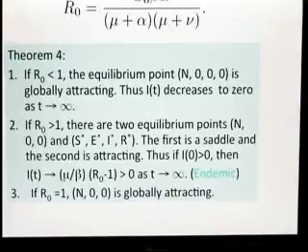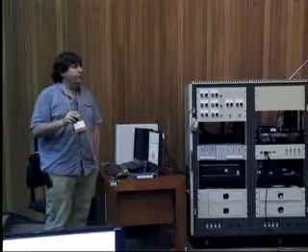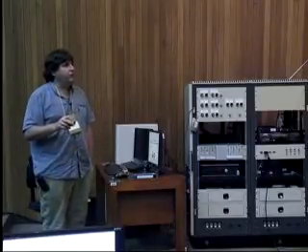If one defines R naught in this more complicated way, so the number of susceptibles at time 0, beta, alpha, over this, then one proves the following theorem. If R naught is less than 1, the disease dies out. If R naught is bigger than 1, there are 2 equilibrium points. One corresponds to everybody susceptible. The other one is endemic disease. And furthermore, if you start off with a positive number of infected, then over time the number of infected approaches this positive number.